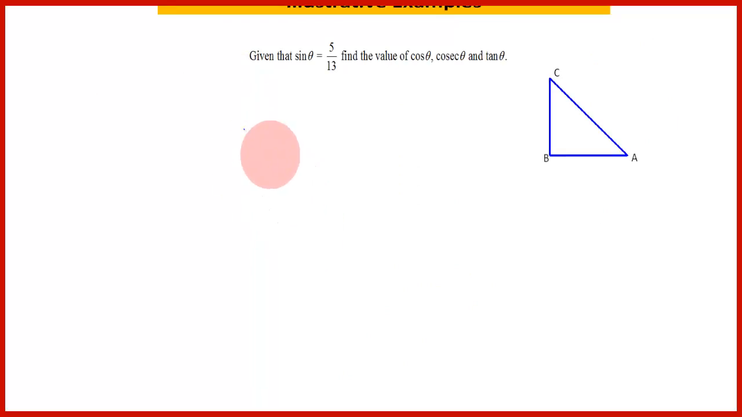Now we will see some illustrative examples. Given that sin theta is equal to 5 by 13, find the value of cos theta, cosec theta and tan theta. Now here it is given that sin theta is equal to 5 by 13, and we have seen that when the ratio is in its simplest form, the common factor from the numerator and denominator is cancelled out. So if that common factor is k, then this will be equal to 5k upon 13k,